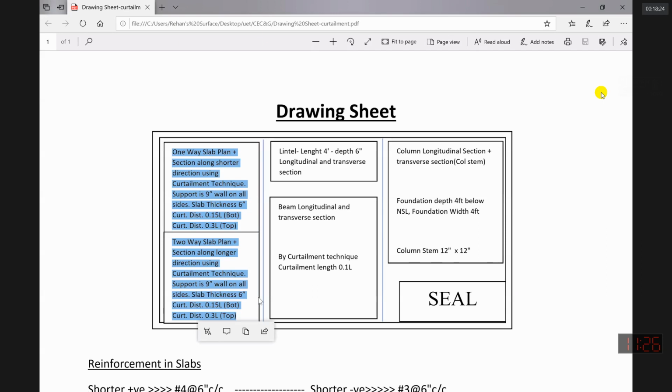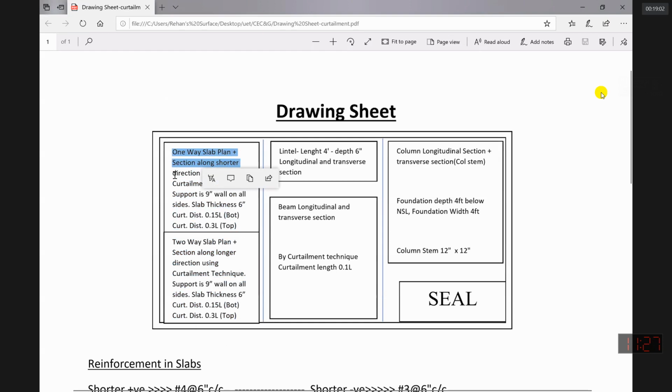Two-way slab, we consider that the load is transferred in both of the directions, Lx and Ly. Now, if I give you an example of a cantilever sunshade, which is over windows, now that is a slab, but in that slab, the support is only on one side. So if support is only on one side, then obviously it is going to be a one-way slab. It is not going to be a two-way slab. We are not going to consider the dimensions then.